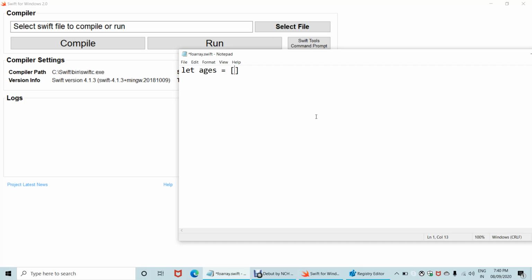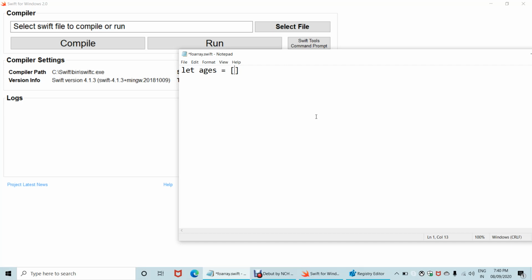Now we have declared an array variable, and we can even initialize it. For example, we are going to initialize the ages of 3 different people into the array variable ages. Since these are numerical values, ages will be an integer array.